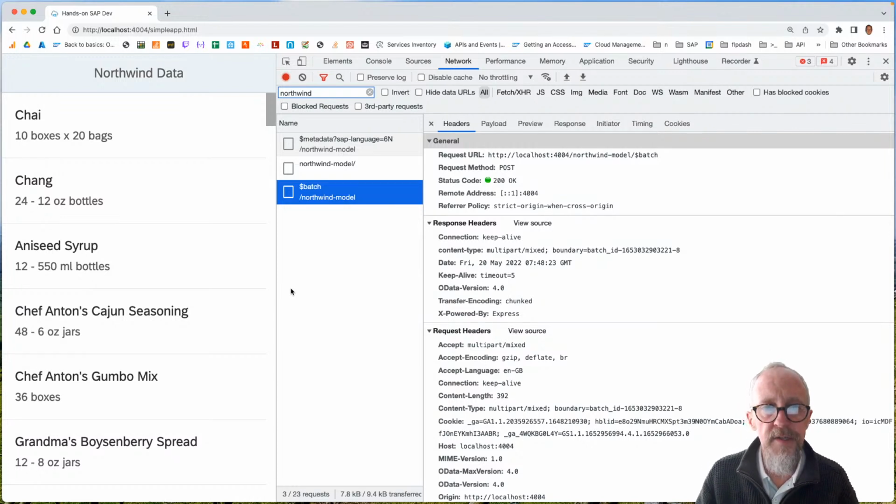But what we find is not a call to /products here. We'd be looking for /Northwind /dash model /products, wouldn't we normally? But we don't find it. By default,